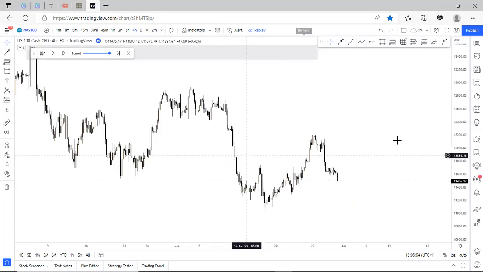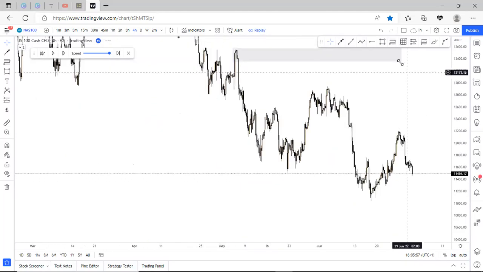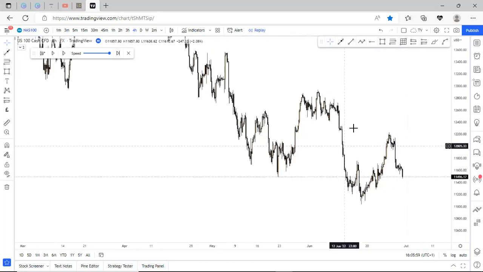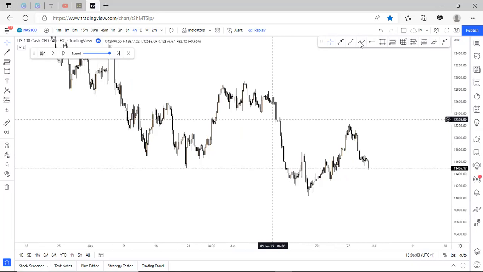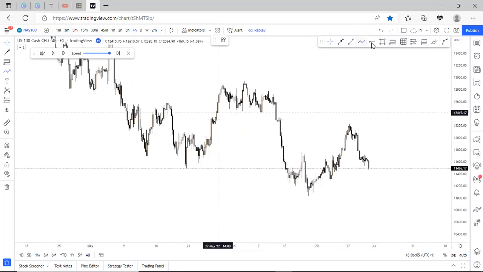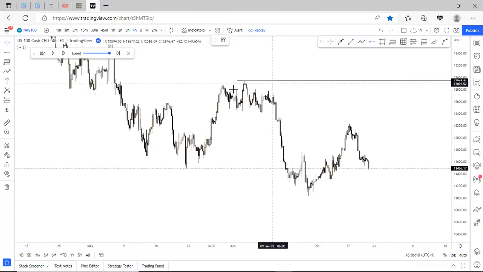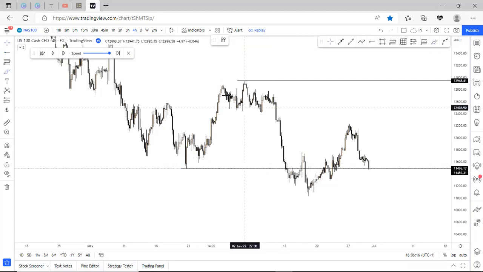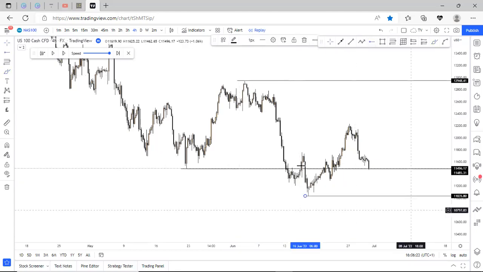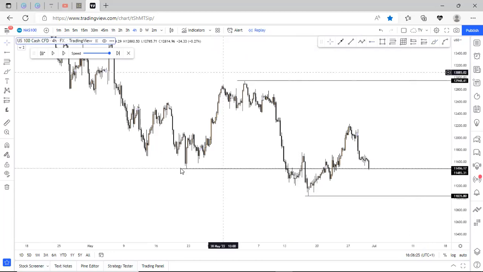So now, to begin analyzing this backtest, you want to see what is really happening on the chart. Looking at this 4-hour chart, I can easily see that we had this last high, which is significant, and we had this low. This low was being taken out by this high right here. It was taken out right here, and this high gave us this last low. Okay, so now that we've broken